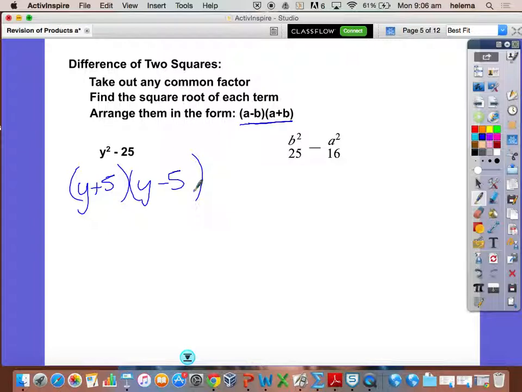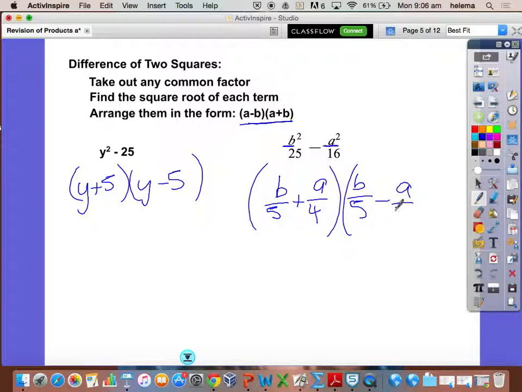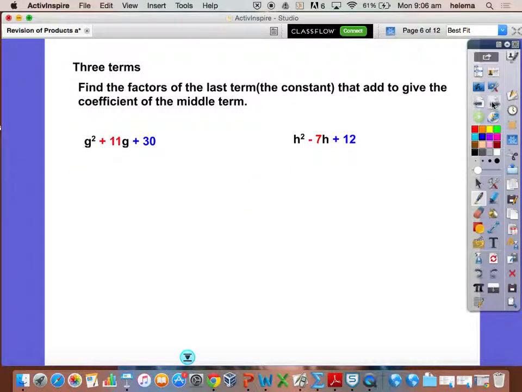Now, can I find the square root of b squared on 25? B over 5. Excellent. So b over 5 plus, what's the square root of that? A over 4. Looks a bit ugly, but it's the same thing. Done. Is that nice? Very nice. Moving on. Last one, these are the tricky ones. This is the second